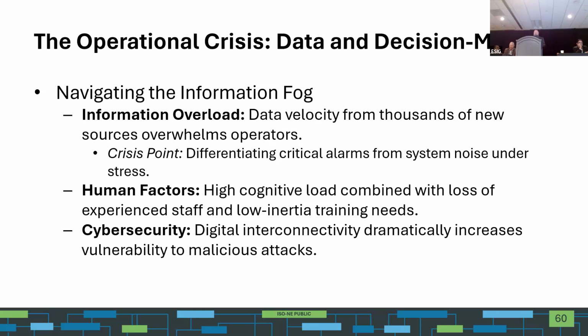So what is our crisis right now? And I think one of the main things that we deal with today is what we'll call information fog. We get a lot of information into a control center that's operated by 5 system operators. I'm going to use an example of June 24th. June 24th, we had an event in the control room that it wasn't a critical event, but it was very high profile. We dipped into our secondary source of reserves. So it's kind of the pinnacle of our operations over the summer.